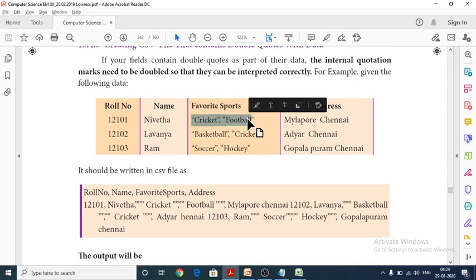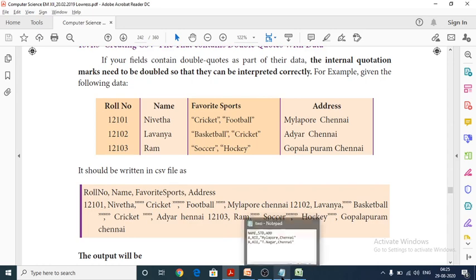If you want to create double quoted data like this, it should be given within triple quotes, as double quoted data within the double quotes. That is a very important thing here. See here, I would like to create this one. The same thing I am going to create. So Control N to create a new one.